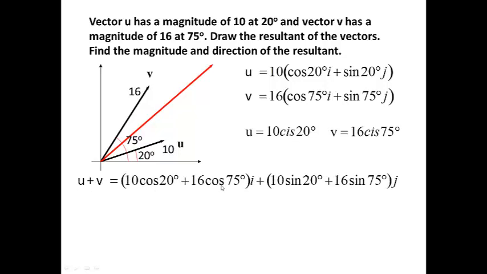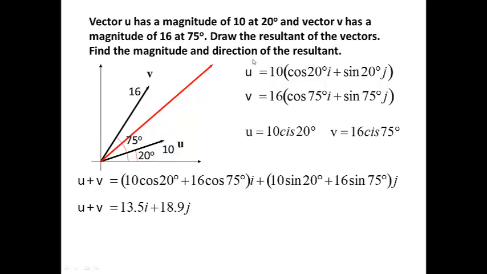So adding the two cosines together, the two i components together, adding the two j components together, we get 10 times cosine of 20 plus 16 times the cosine of 75. You can finish that on your calculator and also do the 10 sine 20 and 16 sine 75. Okay. So your final answer here is 13.5i plus